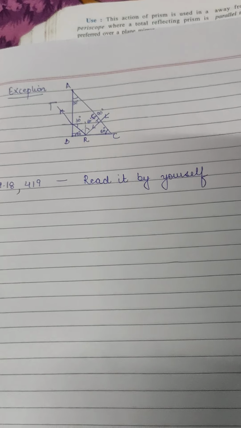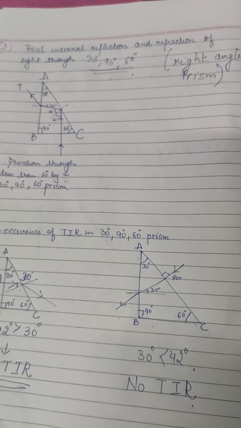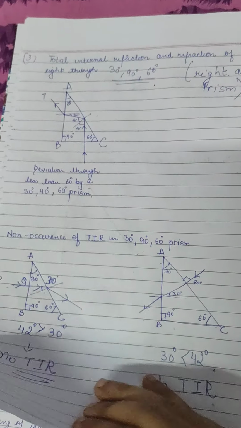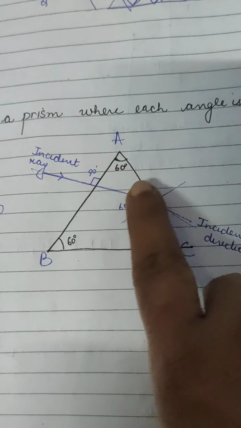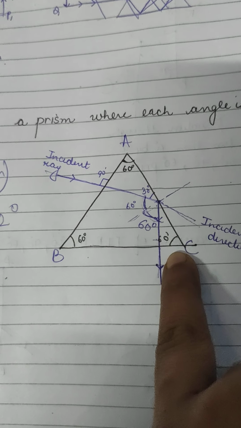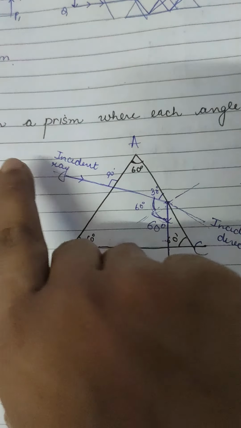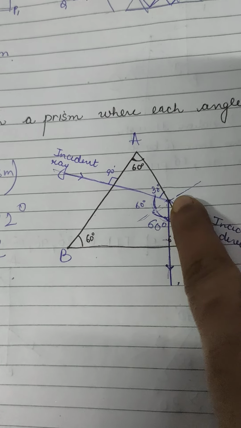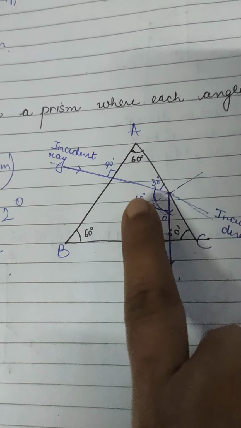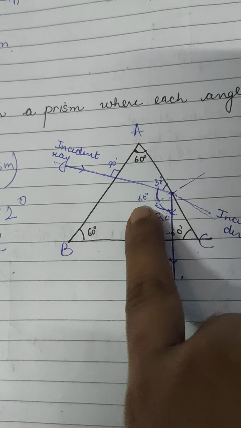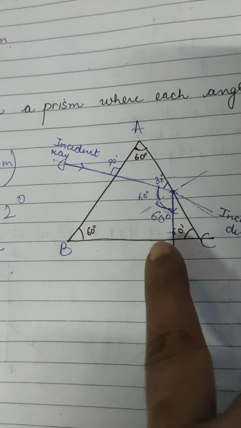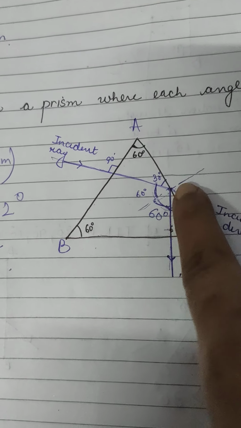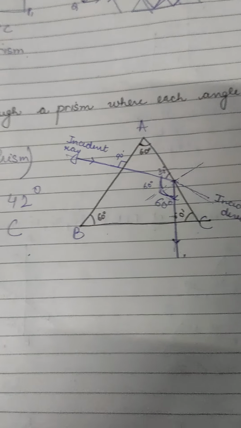What have we done so far? I am just doing a quick recap because there are lots of cases in this third part. First of all, we discussed the 60-degree prism. In that case all the angles are equal to each other. So the incident ray coming, striking on this face AC, making an angle of 60 degree, which is greater than the critical angle, total internal reflection occurs. Here striking and making an angle of 90 degree, it remains undeviated and moves out.